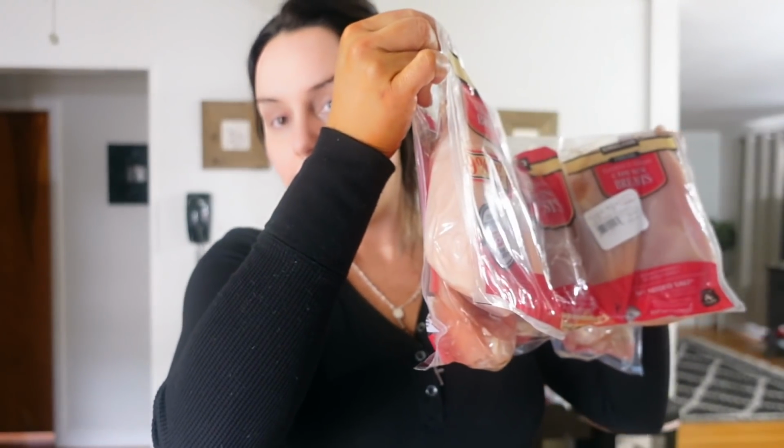I'm only going to cook up a little bit, half of a sleeve of this, because this is a 2-pack. What I'm planning to do with the chicken breast is a buffalo chicken. I'm just going to boil it in a bunch of seasoning. I saw where they did it with some Cajun seasoning in the water and boiled it like that. Then I'll shred it and serve it with some buffalo sauce on top, and we can make wraps,